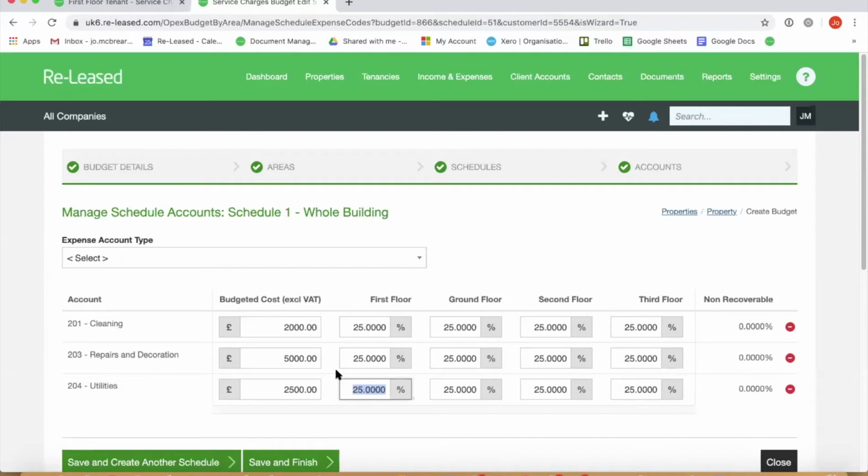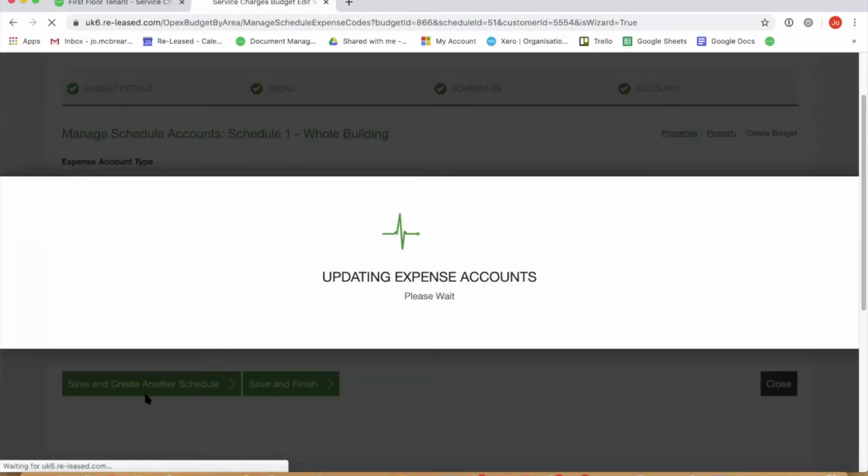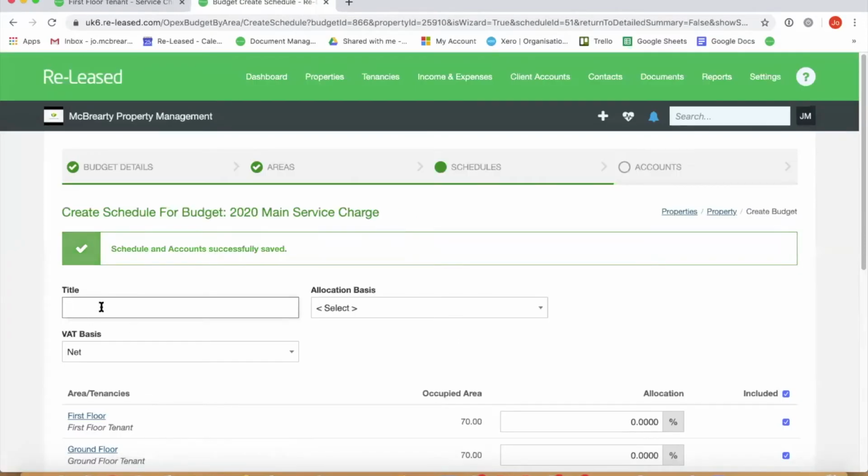2,500. Okay, and then you can see I either have the option to save and finish or save and create another schedule. If it's only a 1 schedule service charge, I can do save and finish. I'm actually going to create another schedule, and I'm going to do schedule 2